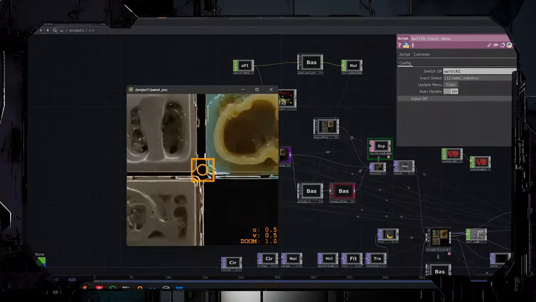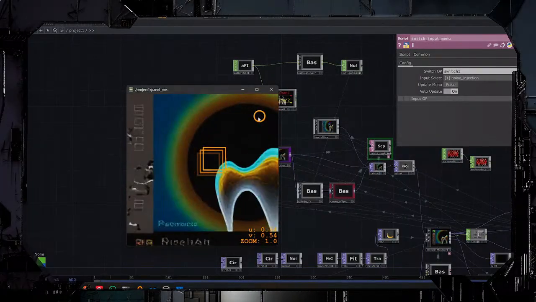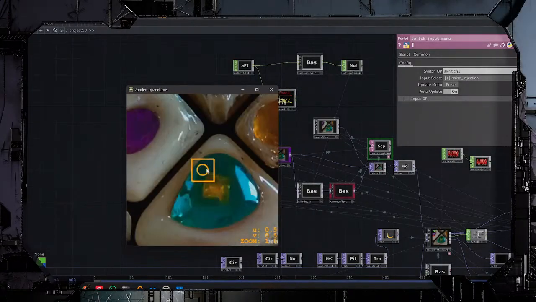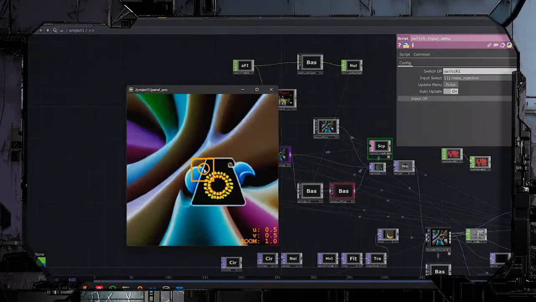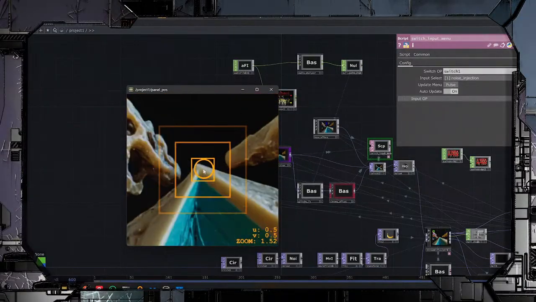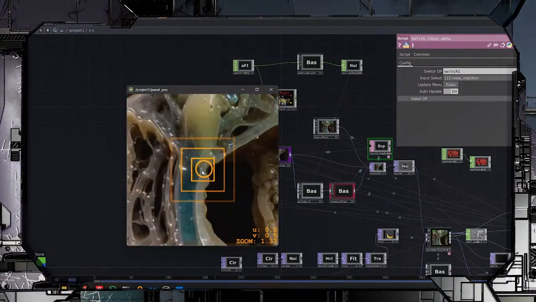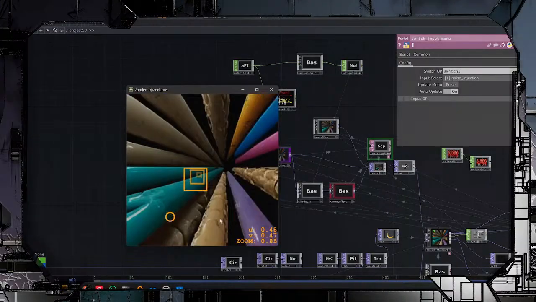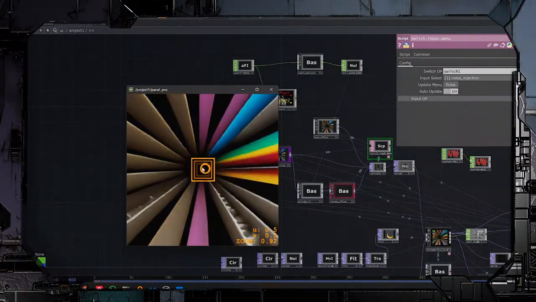So now I can change the direction at which I'm traveling in latent space, and reset when I right click. I can zoom in with my mouse scroll wheel, zoom out a little bit. And yeah, this is super fun.